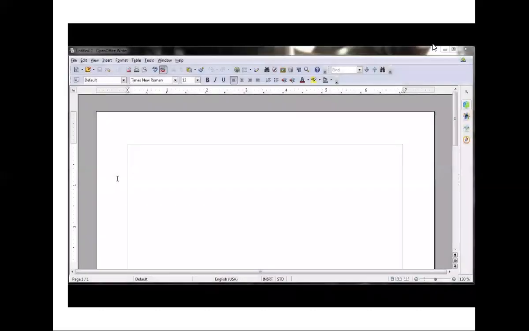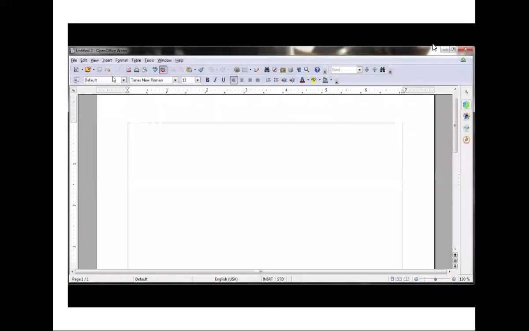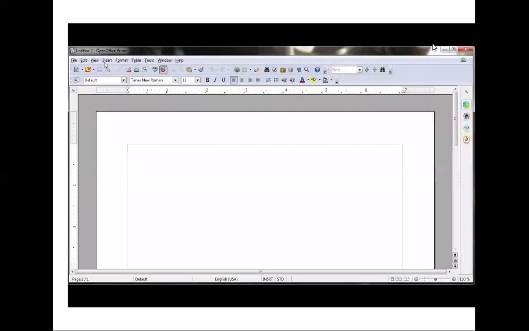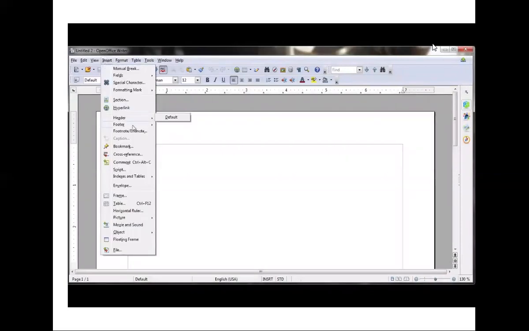Clear? Next. In this video, we're going to talk about inserting headers and footers inside of OpenOffice documents. Now, if you ever wanted to have information appear above or below your main text that is consistent across each page, that's exactly what headers and footers are good for. So to insert a header, you would go to the Insert menu, followed by Header or Footer, and the page style contained within.